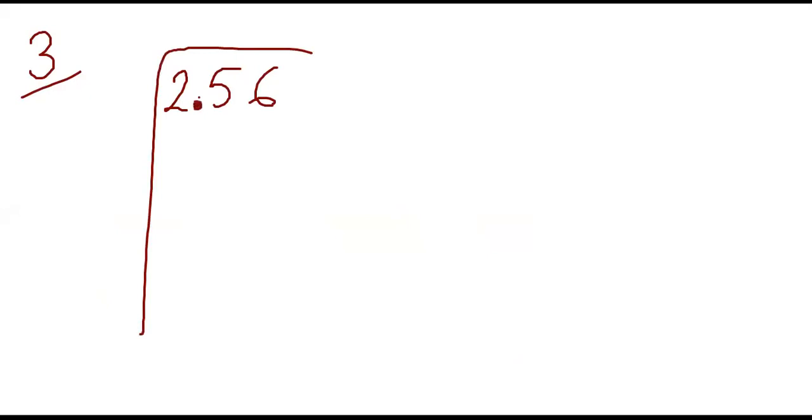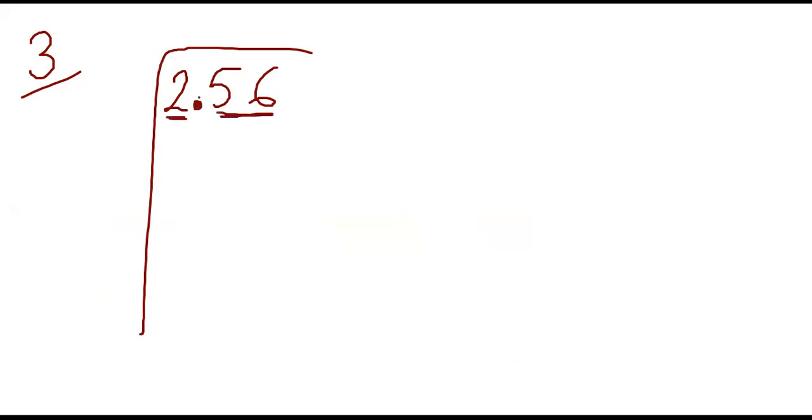Next question is question 3. Find the square root of the following decimal numbers. First is 2.56. Here you are to find the square root of decimal numbers. As you have done the division of decimal numbers, same here we are going to do the division of square numbers, right? We will do it with the same method. In this, we make separate pairs of the numbers after the decimal and separate pairs of the numbers before the decimal, right?